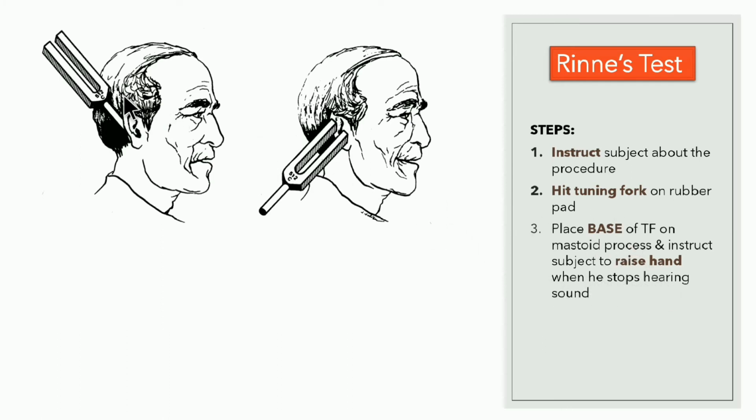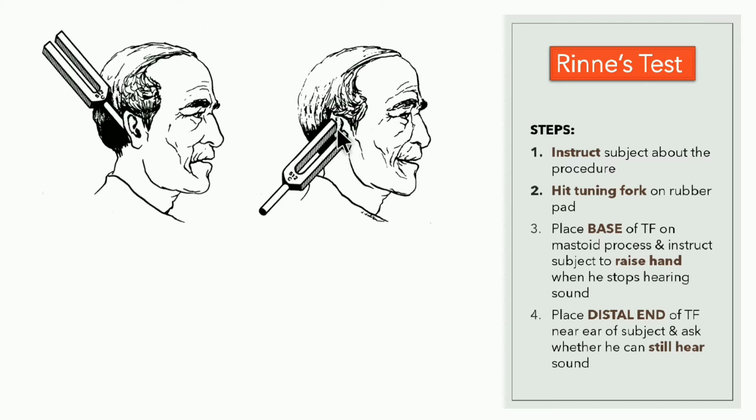What is happening here is bone conduction, because we are sending the vibrations through the mastoid process to the cochlea. So here bone conduction is happening and we have to ask the person when he stops hearing the sound. When he stops hearing the sound, he has to raise his hand. Then, as soon as he raises his hand, we have to place the tips of